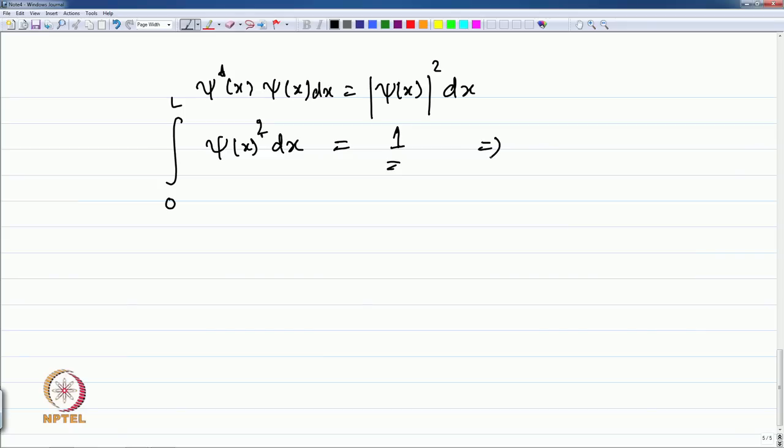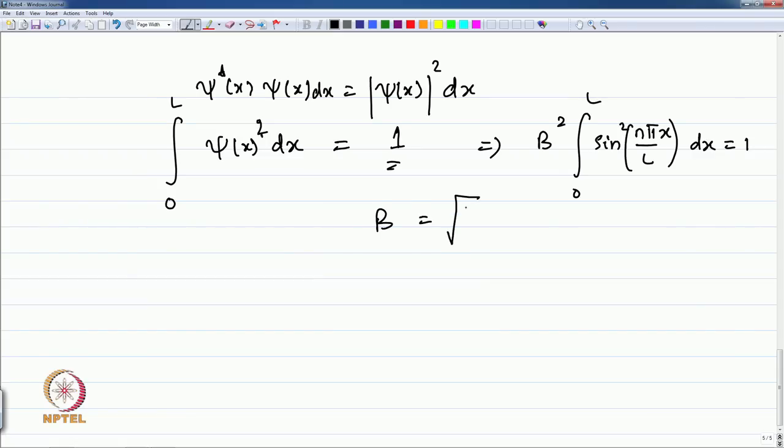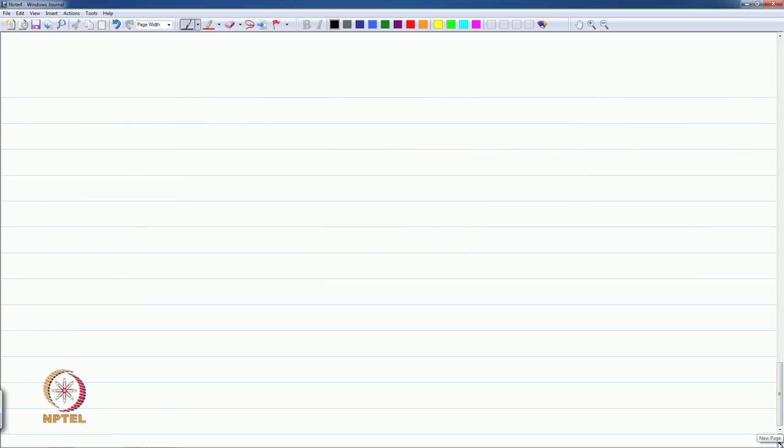This gives you immediately a value for B, because you have B squared times the integral of sine squared n pi x by L dx between 0 and L, and that is equal to 1, which gives you a value B equal to root 2 by L. Therefore, you have got two results for the particle in the box, namely the wave function is root 2 by L sine n pi x by L, and E, the particle's energy, is given by h squared n squared by